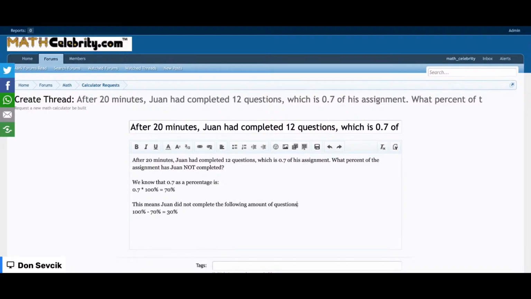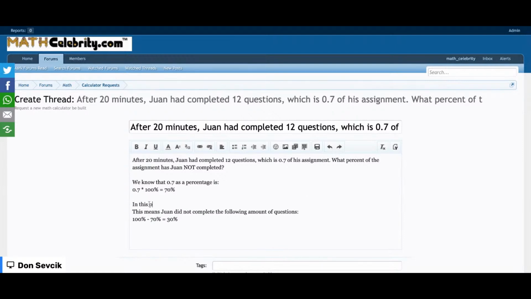So there's two ways you could have done this. Well, actually, no, because they asked for a percentage. So the first thing we do is convert 0.7 as a decimal to a percentage. We also know that the total amount of questions equals 100%. He either completed them or he didn't. In fact, I should probably state that in this problem,